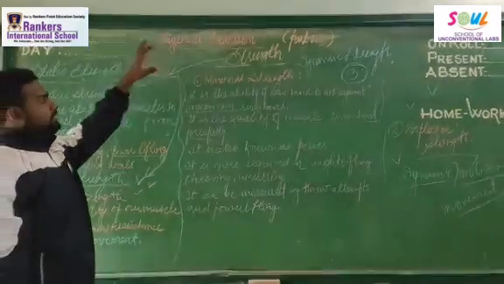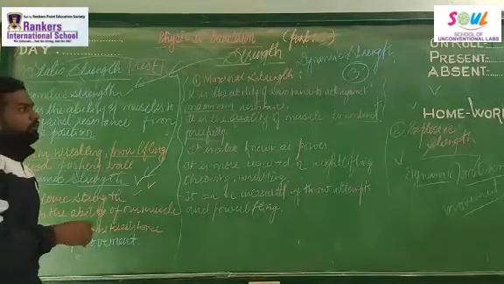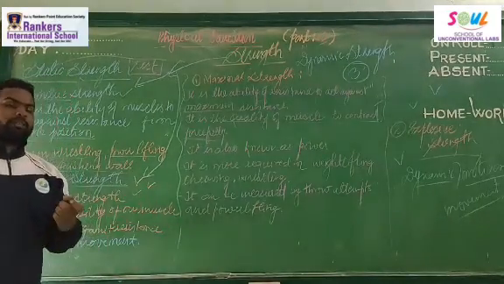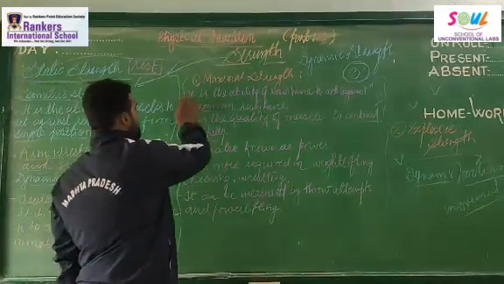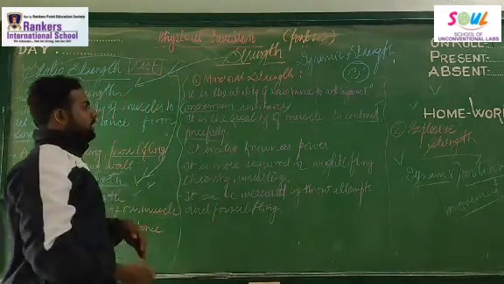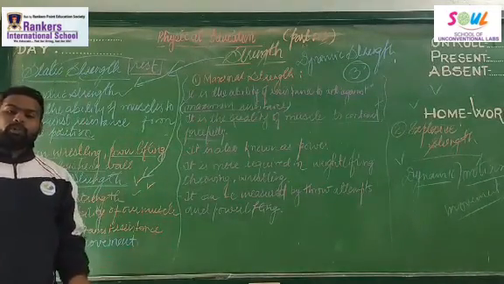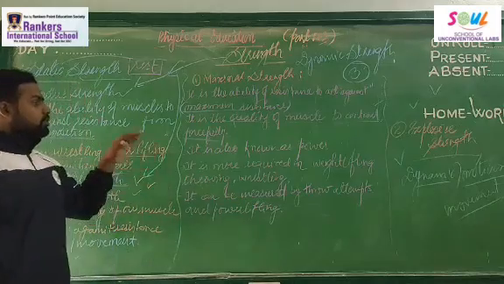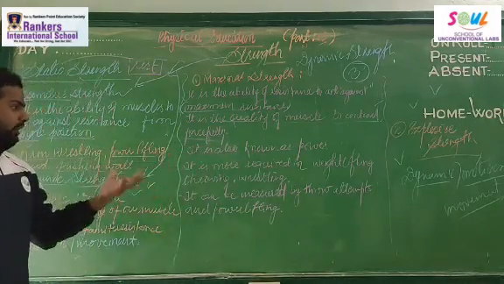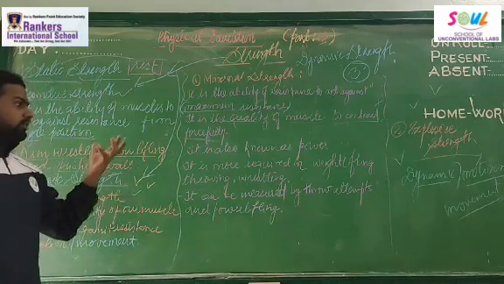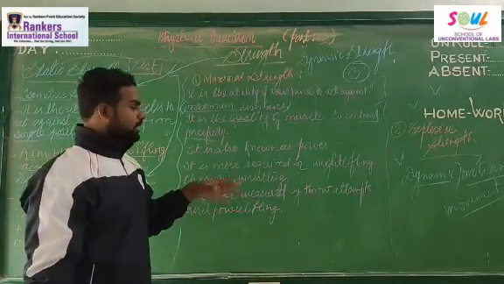The next one that we started is maximal strength. Maximal strength means it's the ability of our muscles to act against the maximum resistance. It is the quality of muscles to contract forcefully when we push up a lot of weight. It is also known as power. It is more required in games like throwing, wrestling, weightlifting. It can be measured by throw attempts.